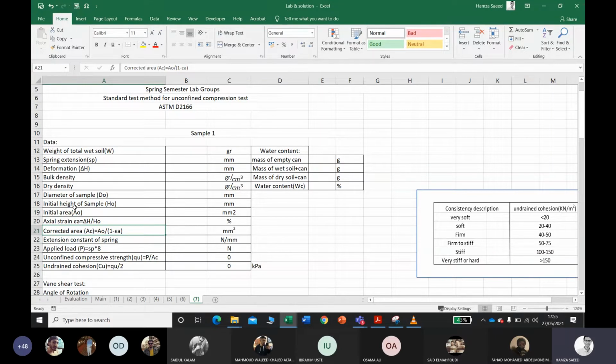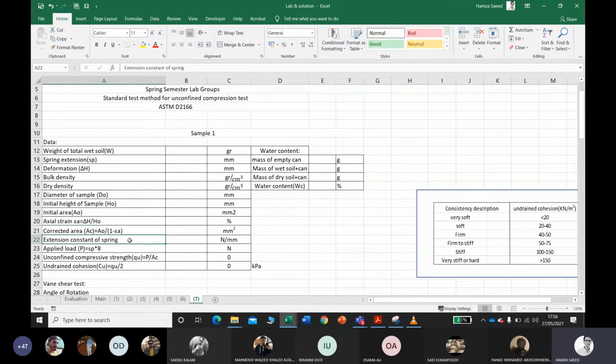But here, because it is a vertical sample and the vertical force is being applied, the area is expanding. So that's why it is the initial area divided by 1 minus the axial strain. That is the important point over here.